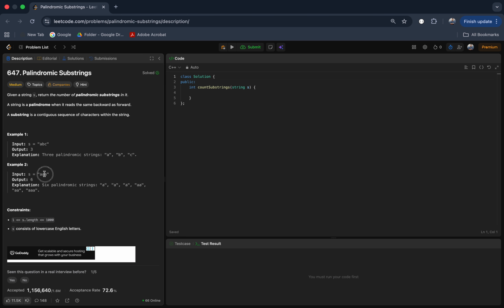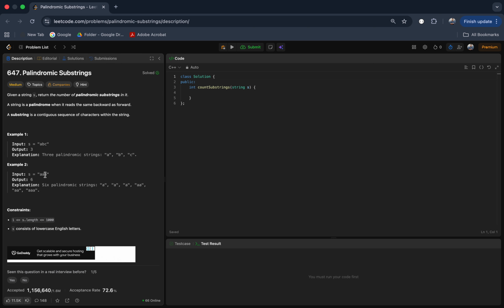So here we need to add one more check: whenever left is equal to right minus 1, or right is equal to left plus 1, then at that point we need to check the two characters. If the two characters are the same, then we can also say that it is a palindrome. Because if we don't do this check of right equal to left plus 1,